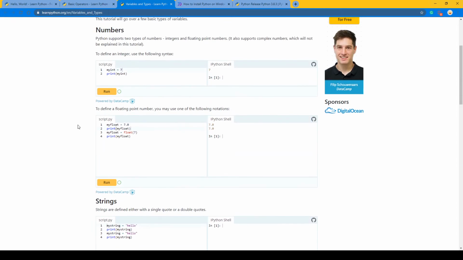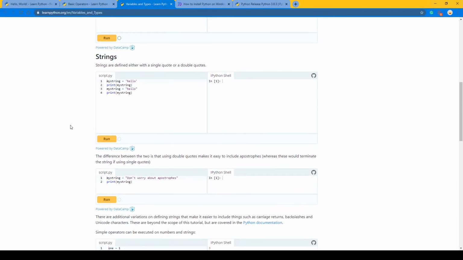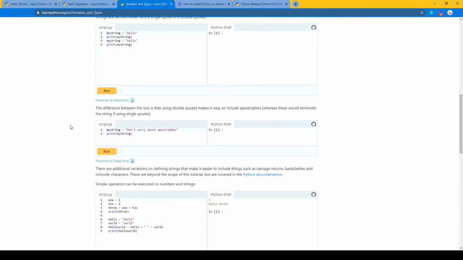Okay, so that was a lot of stuff. So this is a very simple overview of it. So if we were to get into more detail with strings,